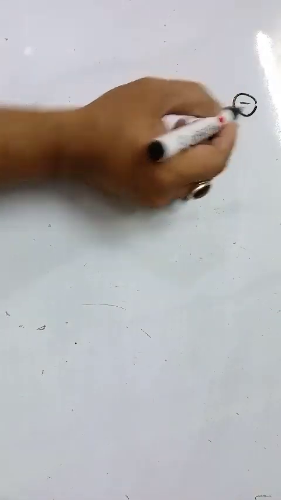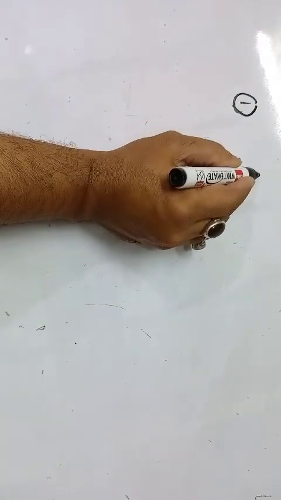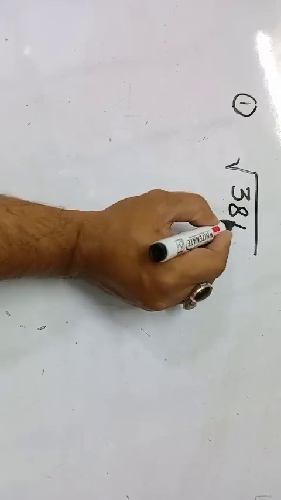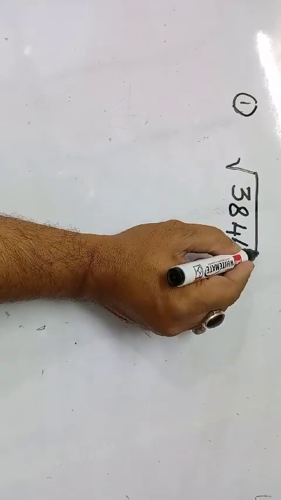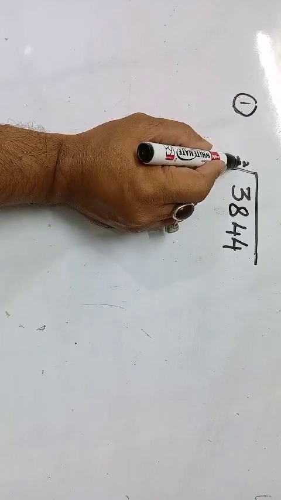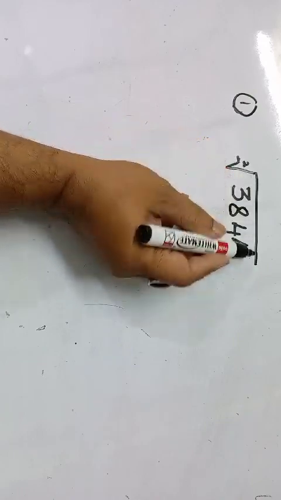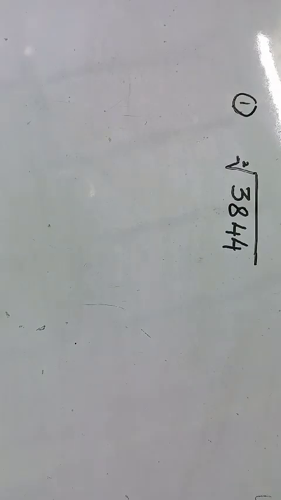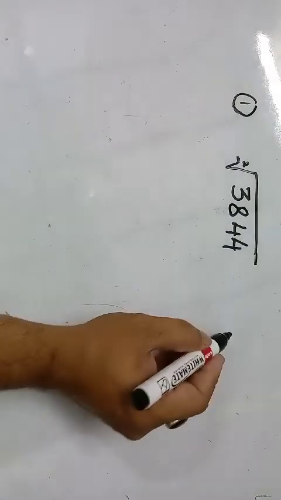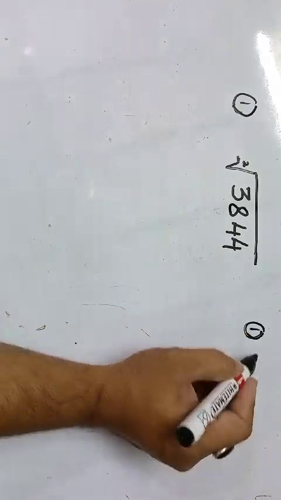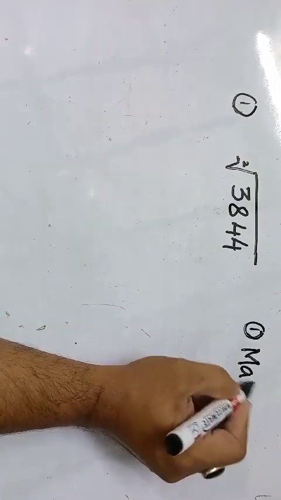So the first number that we will take is, let's say, somebody wants to find the square root of this number. Even if you don't write this small 2 over here, it will be understood with this sign that it is finding the square root. So what is the first step that you will follow? The first step is to make pairs